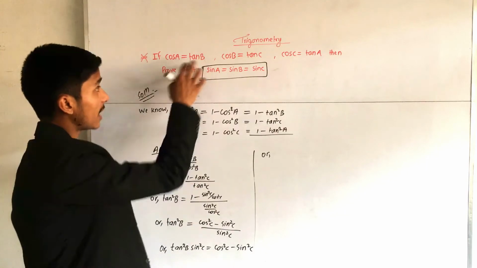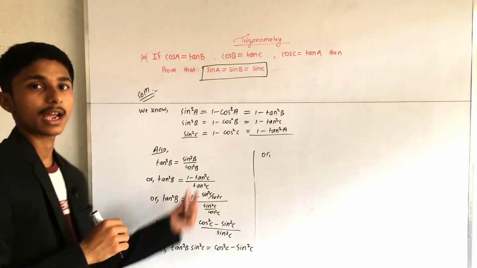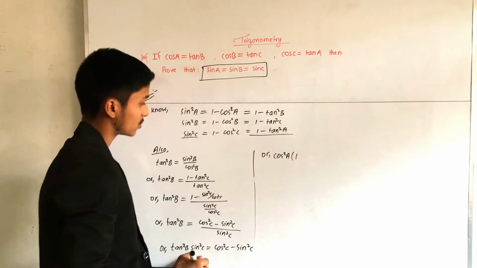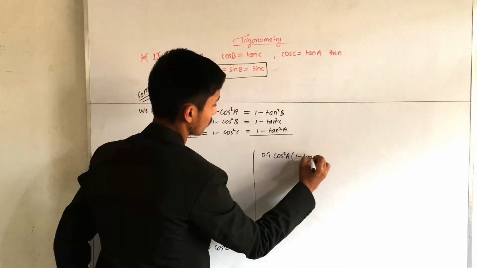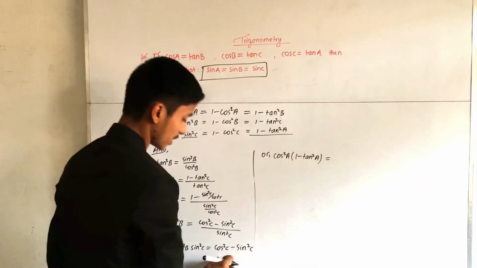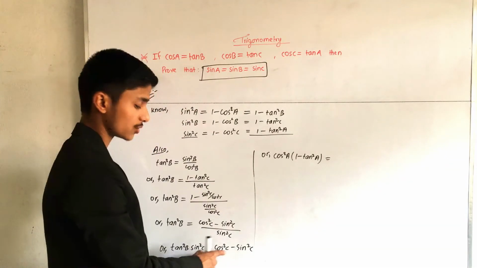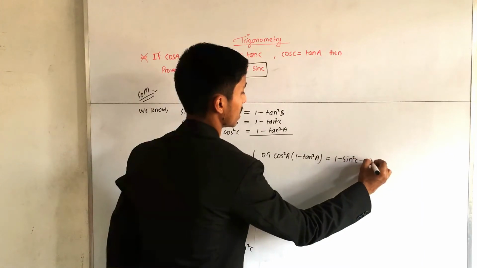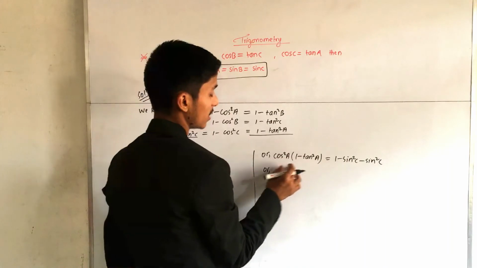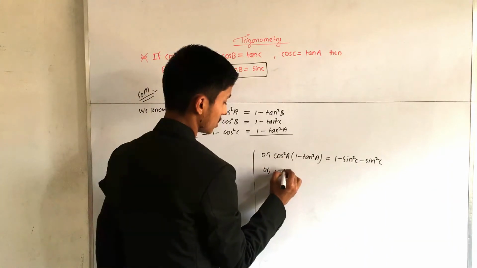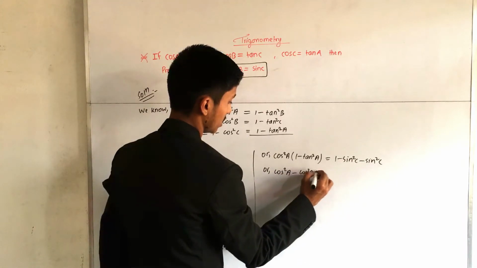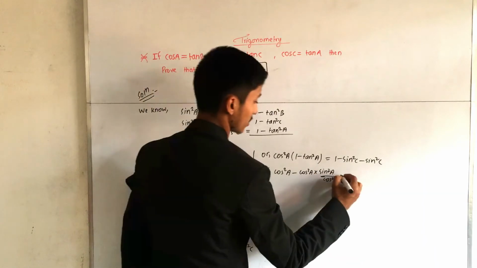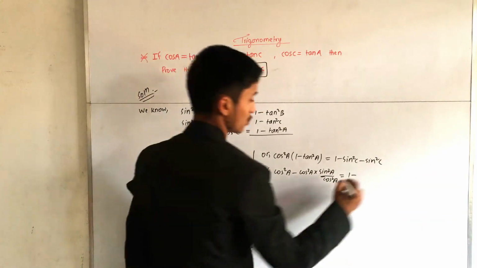Now we continue on this side. Instead of tan B we can write cos A, and instead of this tan square B we write cos square A. Then here we get cos square A, and instead of this sin square C we have sin square A, and this side we can write 1 minus sin square C, because the formula of cos square C is 1 minus sin square C. Then we write 1 minus sin square C minus sin square C. If we simplify this, then we get cos square A minus cos square A into sin square A by cos square A. This is the formula of tan square A, and this side 1 minus 2